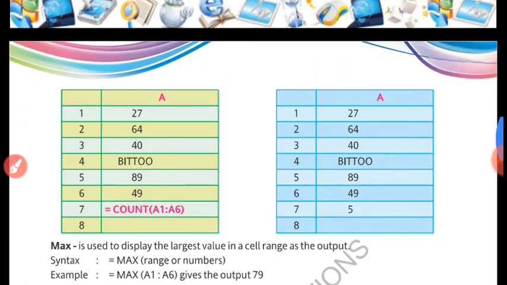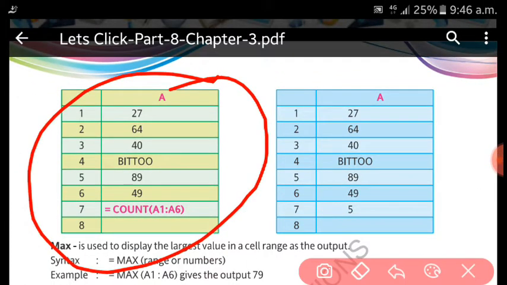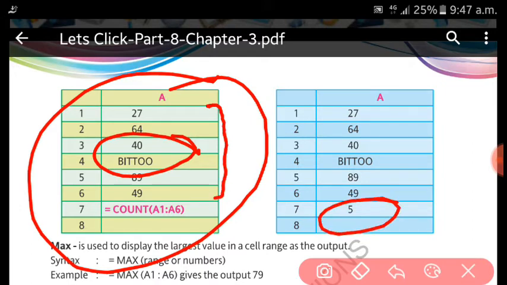For example, in this one the name is given, so this will not be counted. If you count A1 to A6, the total is 5, because 5 are numeric values: 1, 2, 3, 4 and 5. This is the name, it will not be counted. Okay, so remember.